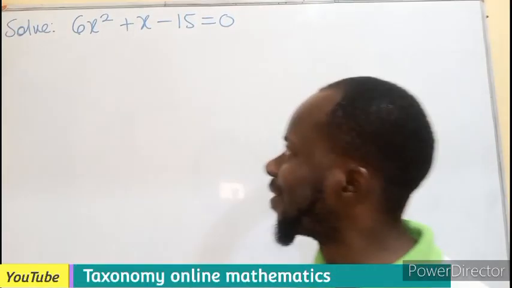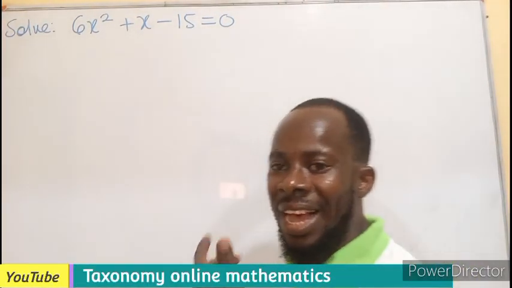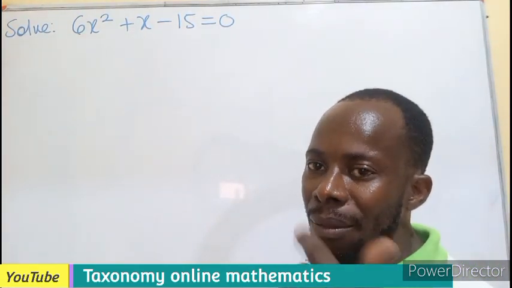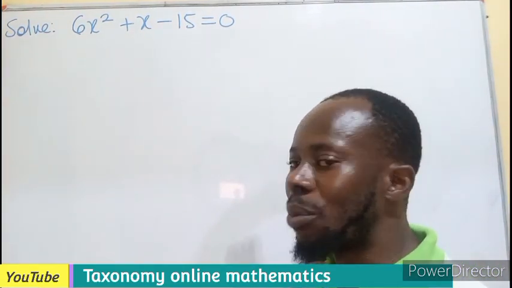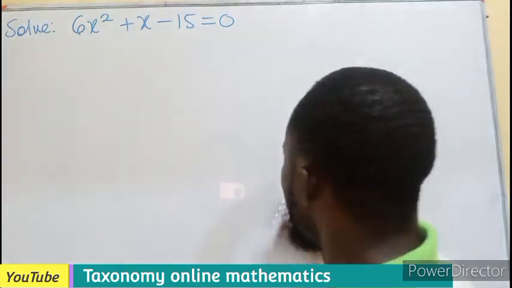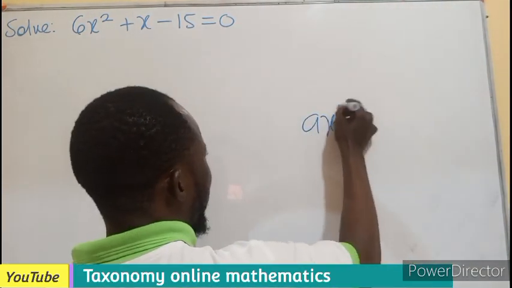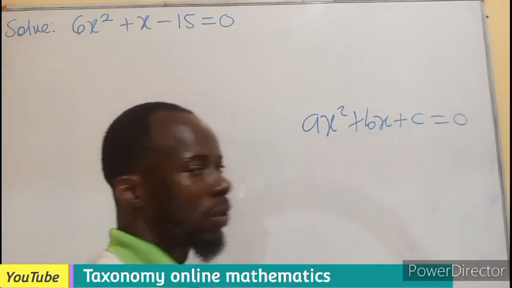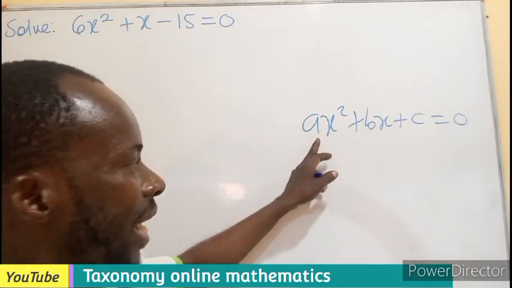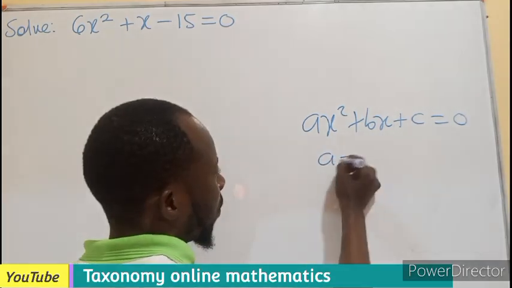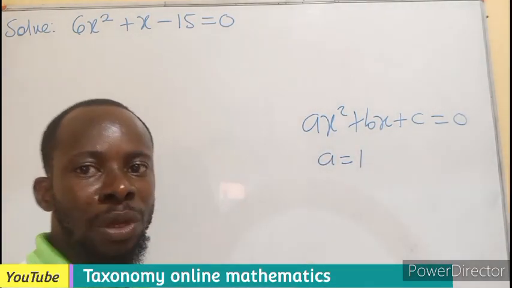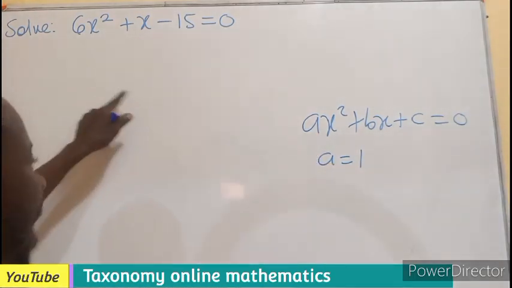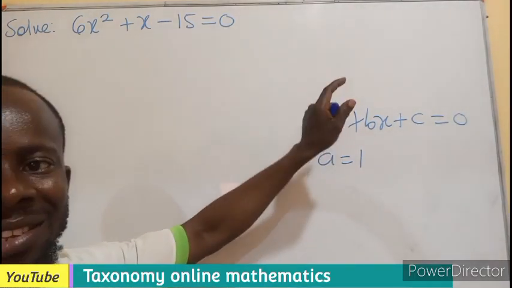Hello, welcome. Let's solve this quadratic equation using the completing the square method. Under this method, we know we have ax squared plus bx plus c equals 0. We always want the a to be equal to 1, meaning the coefficient to be unit 1. And if it is not 1, the only way we can get a 1 is to divide through by that